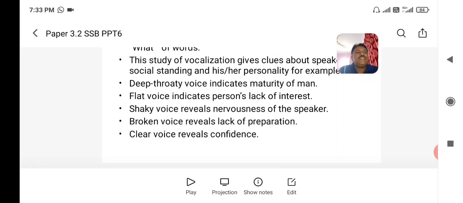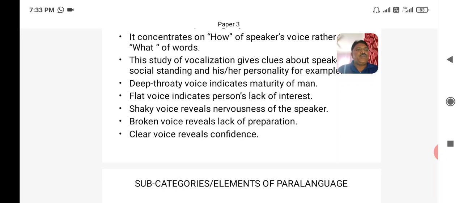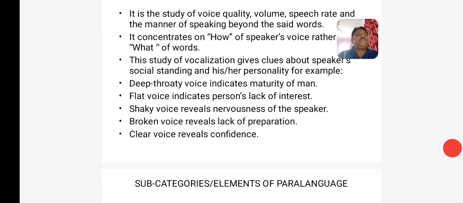The people in journalism who are reporting from the spots of some happenings, it could be a political function, it could be an interview with an icon, it could be reporting from the war field, it could be the reporting from the flood affected area, or it could be from the hospitals or any organization. Voice modulation matters.